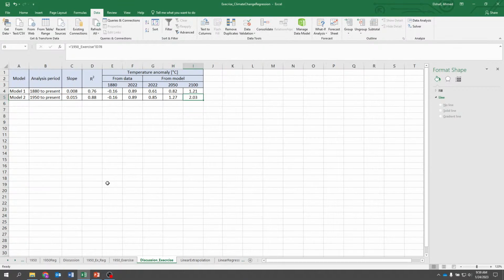So basically in this table I have two models. Model number one, I'm using data from 1880 to present. Model number two, I am using data from 1950 to present. And you see the rate of change, the slope of the temperature increase. If I include only the recent data, it's going at a much faster rate than the old data. And you get a better correlation, because